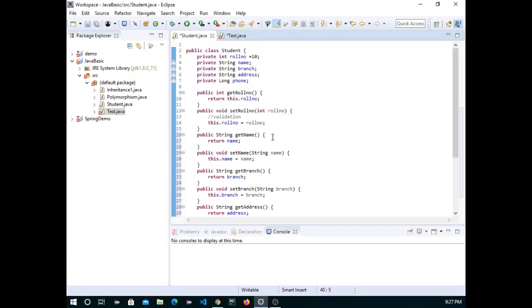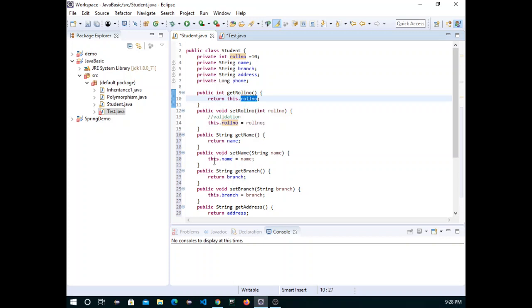If you'll see, it has generated; here our property name is name, with n small, but automatically it added get and n as capital, similar to this. I have written this manually, so I have provided this dot roll number. Even if you do not provide this dot roll number in the return, that is also okay. Automatically it will point to the current object only, so there is no issue.